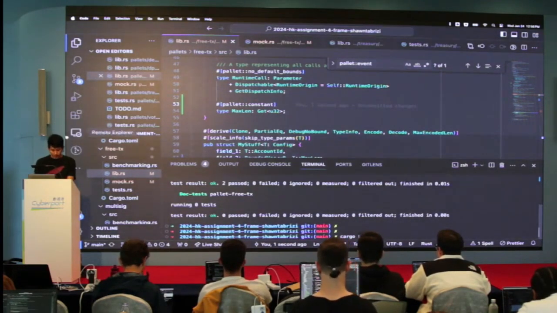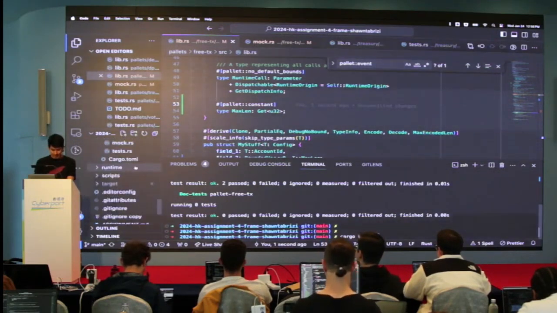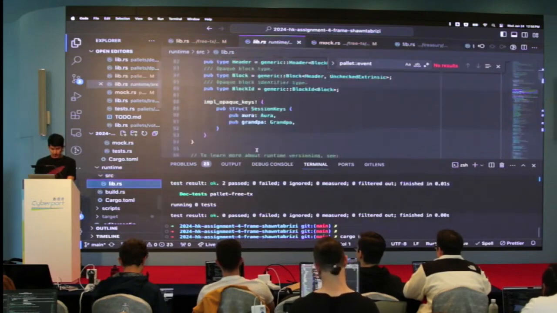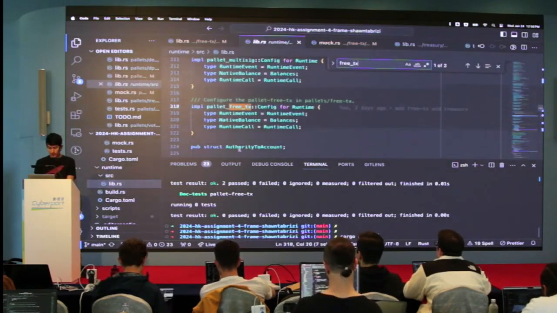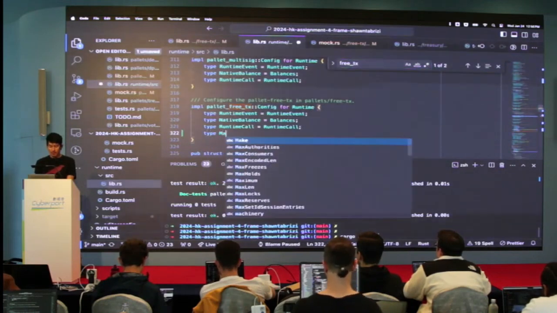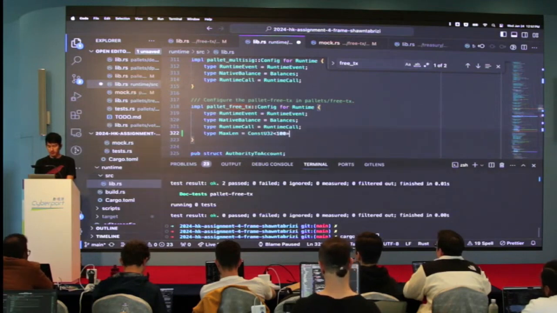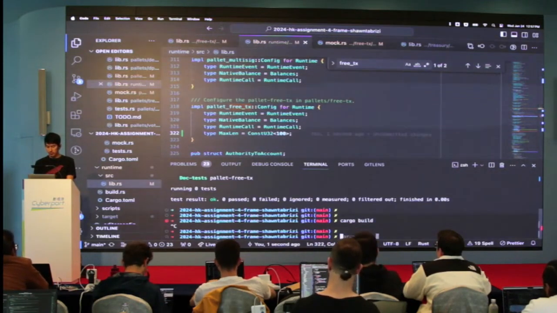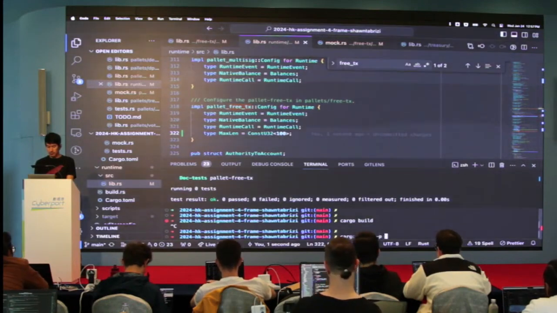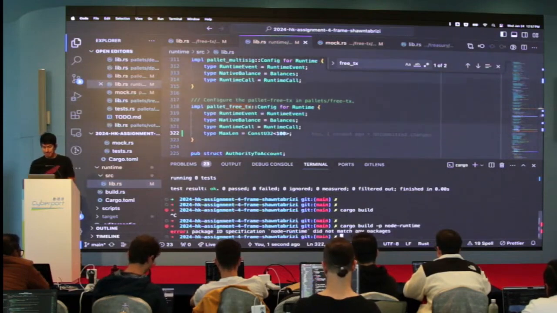I need to go into my runtime and add this so that the whole project still compiles. Runtime src lib. This is free transaction. Here there's type MaxLen equals ConstU32 100. Cargo build, node runtime, node template runtime.